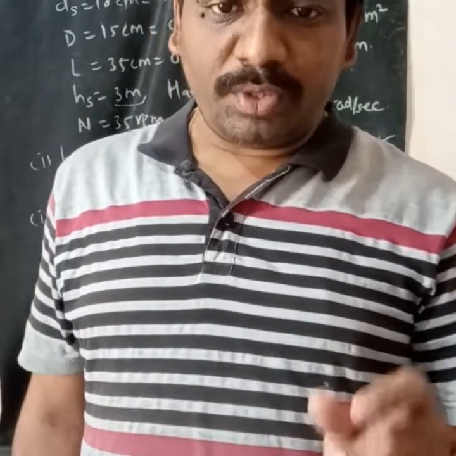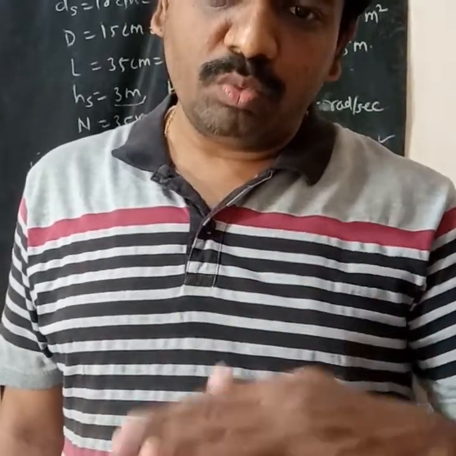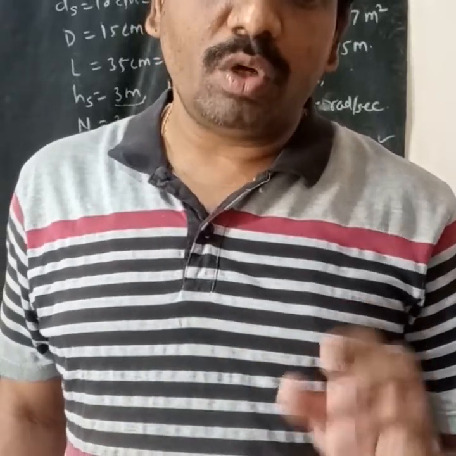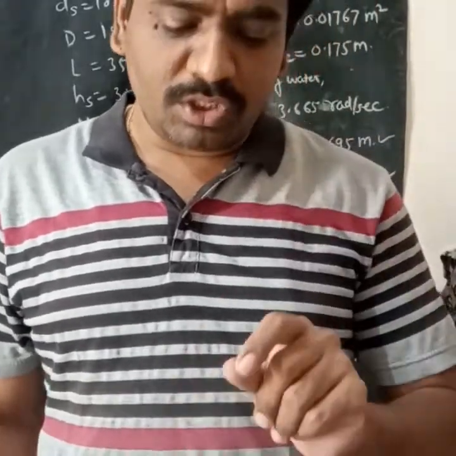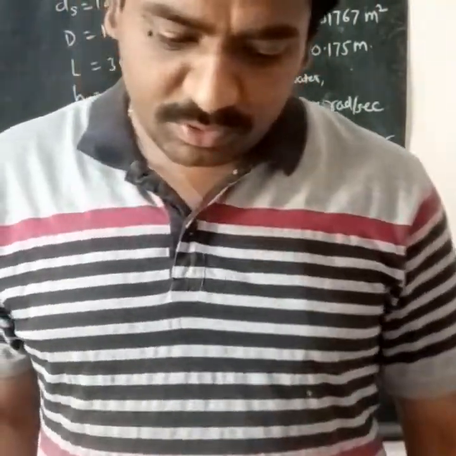So we have to avoid this particular separation. This separation is avoided when the pressure does not go below this particular limit, which is given as 2.5 meters of water. Up to that value it's okay, but it should not go below that. If it goes below that, then separation occurs. So we have to limit it to that value. So here the separation head value represents 2.5 meters.